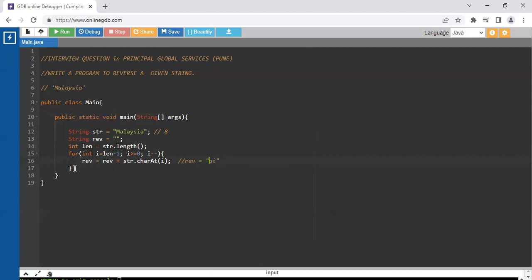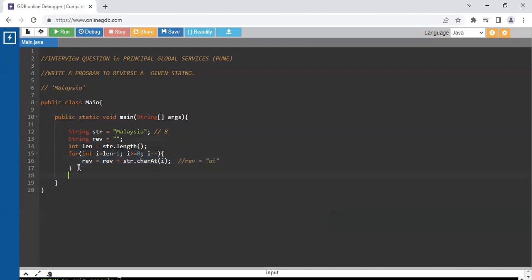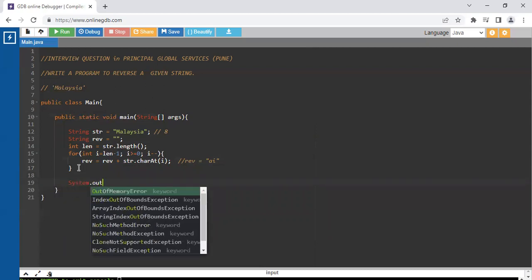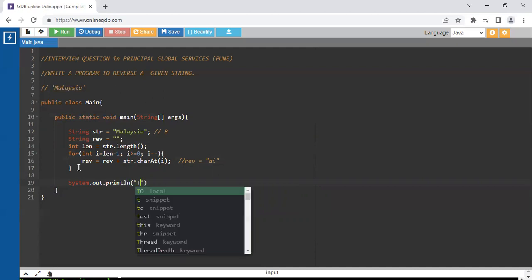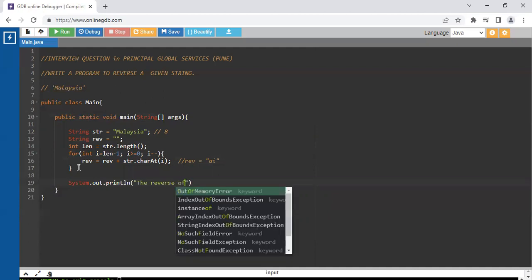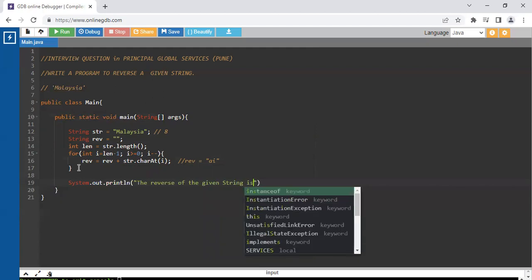Now, once I have executed this for loop completely, my task is to print the final string which I have got in the reverse variable. Okay, so now let's print the reverse variable. So first of all, I'm going to write the reverse of the given string is